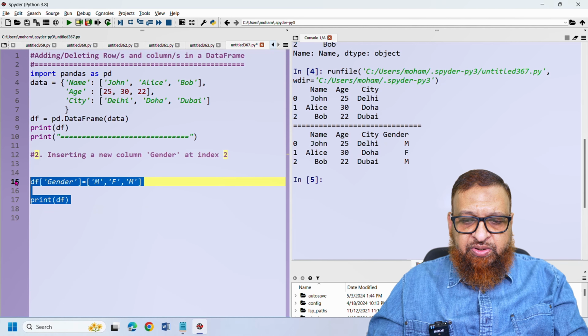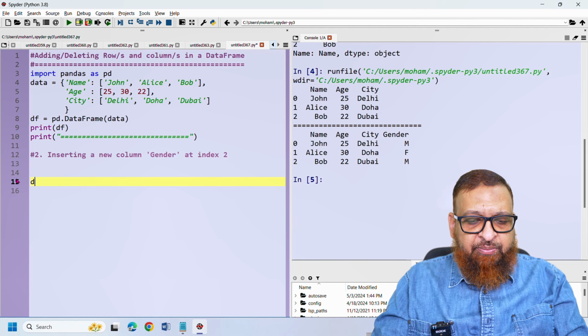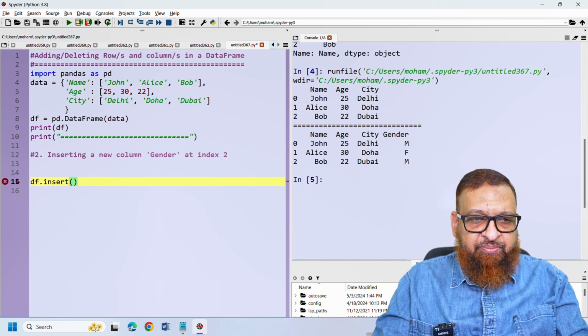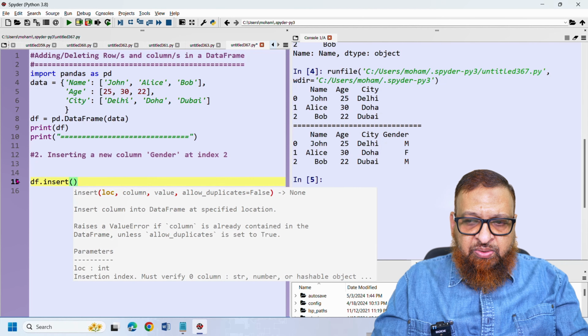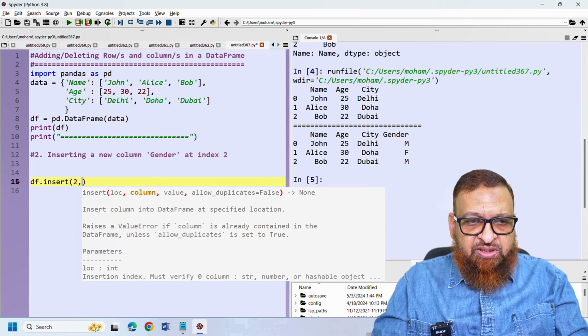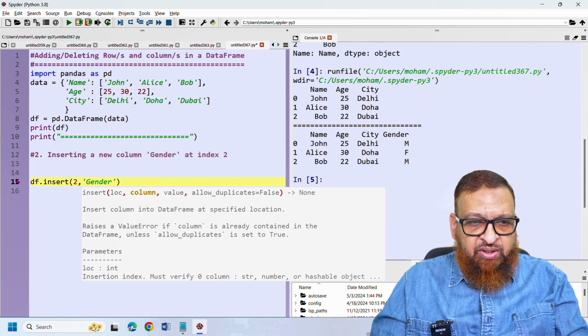Okay, let me remove this. So what is the name of the data frame? df dot. We will use the insert method of the data frame. So insert. At what position do I want? At positional index 2. And what is the column name? Gender. Okay, so gender I will give, then I will give the